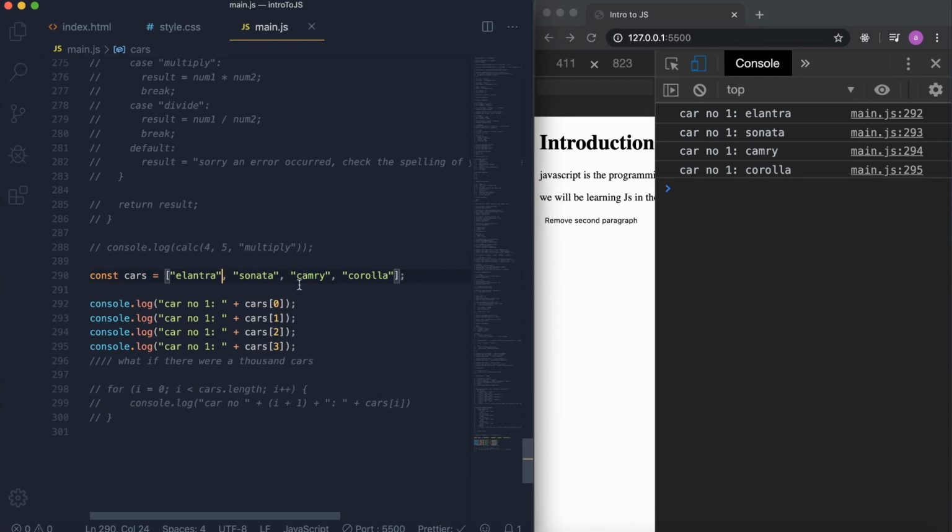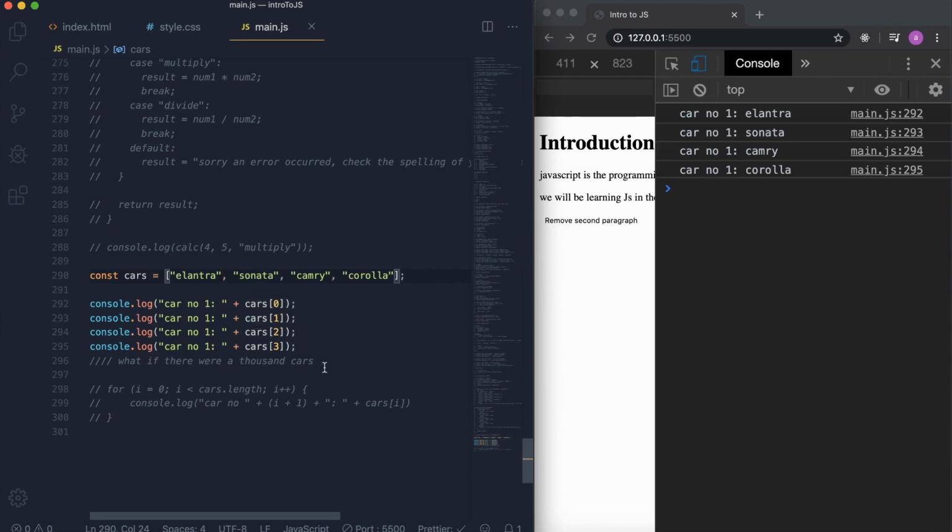We have Elantra, Sonata, and in this line we say car number 1 plus cars of index 0. So remember indexing: 0, 1, 2, 3. The index 0 is Elantra. That's why you have car number 1 Elantra, and then over here we have index 1, which is Sonata, and then it repeats. So you can see there's a pattern, there's a repetition, and that is a good opportunity to